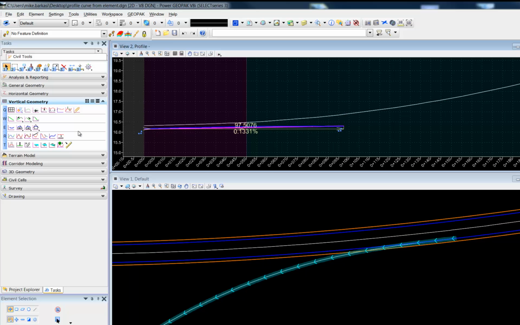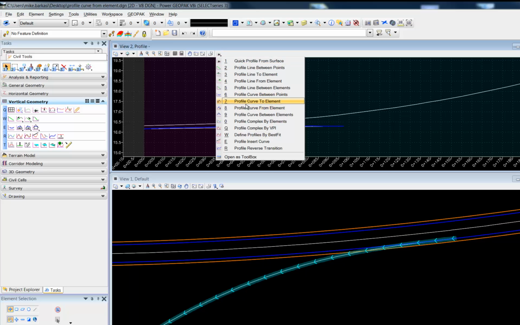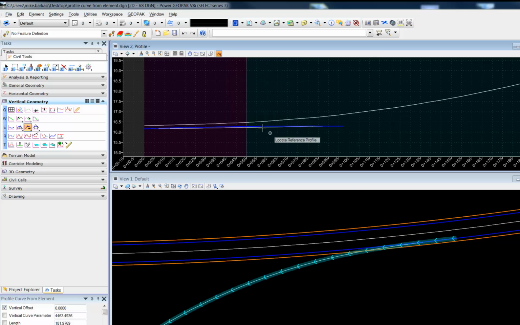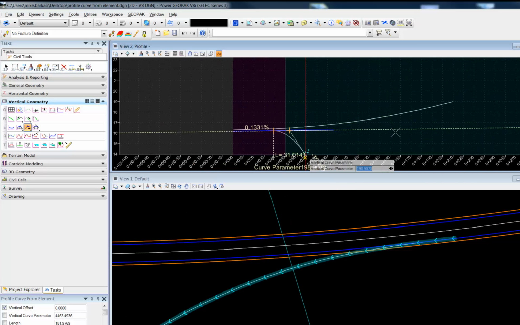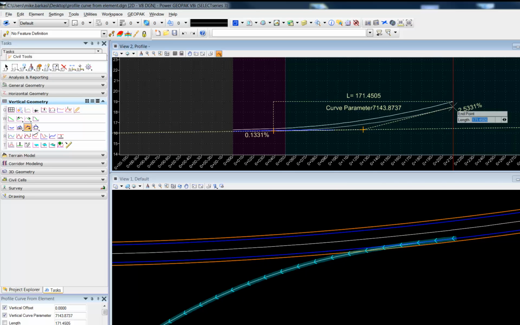I can then use my command, the arc curve from an element, and select my element, set the offset at 0, put a starting point back here somewhere, and extend my arc